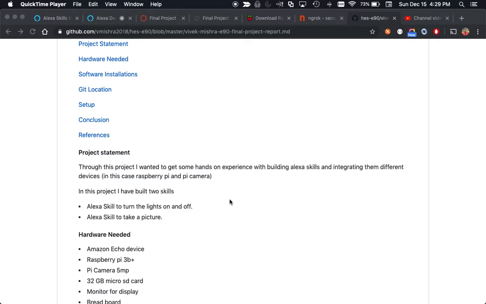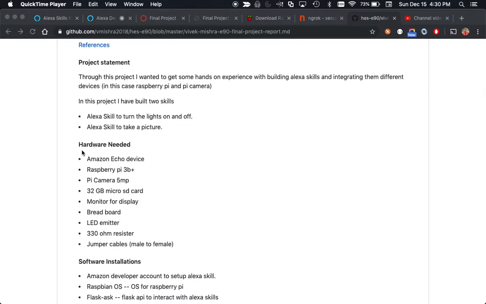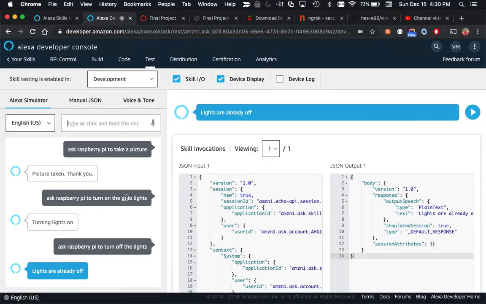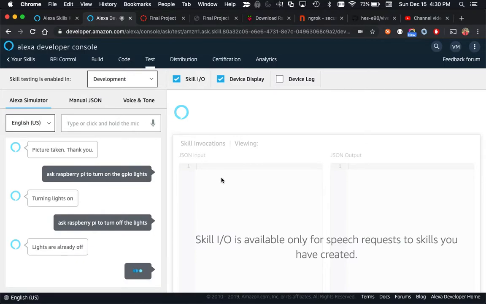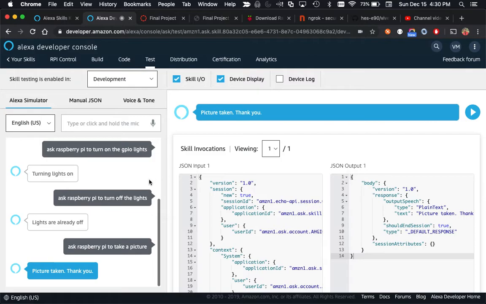Basically the devices that I have are a Raspberry Pi and the Pi camera. So this is the hardware that is needed. Before we take a look at the hardware and the software installations, let's take a look at how it is working. So what we're going to say is... Picture taken. Thank you. So as you can see, the picture was taken